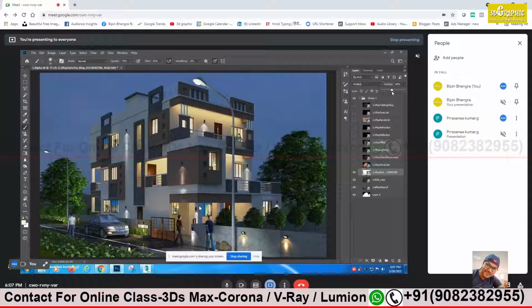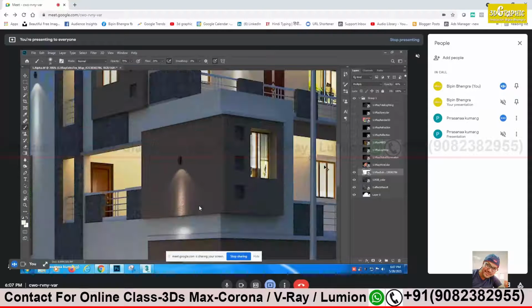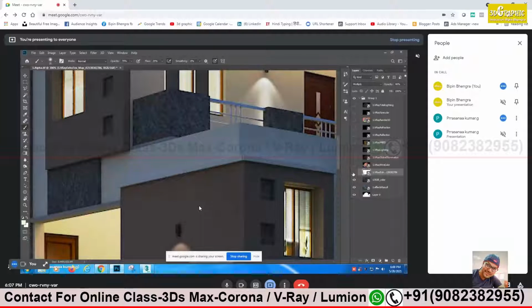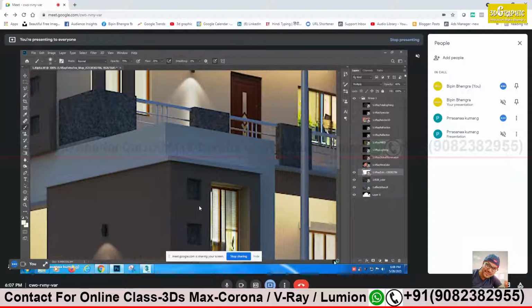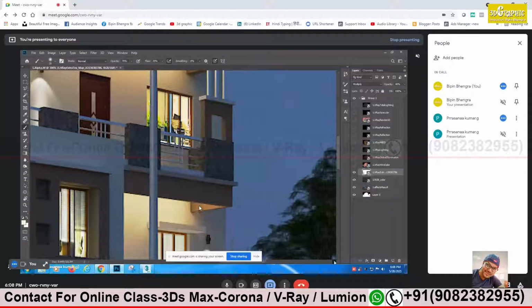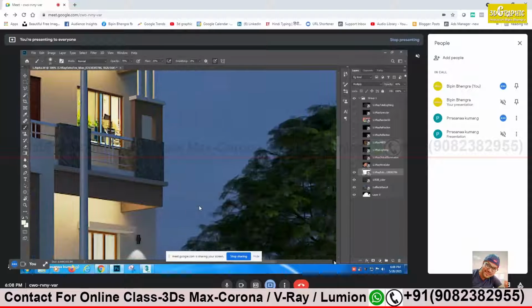Zoom to the corners of your elevation so that you can see the contact shadow. Try to control the opacity, on and off. You see the contact shadow is coming good. I think this corner should be enough. Now zoom toward the trees, to confirm whether the leaves are getting too dark, because leaves are small portions, so it might get too dark.